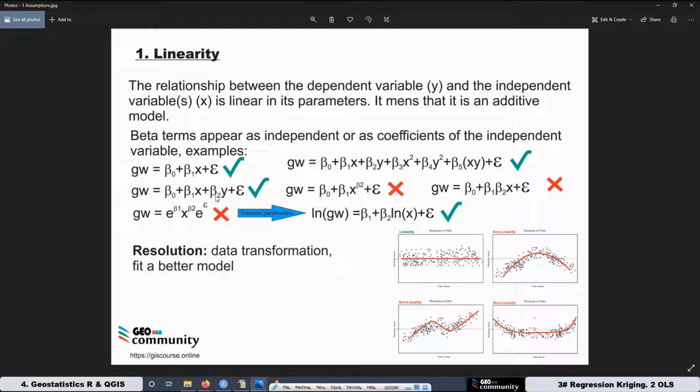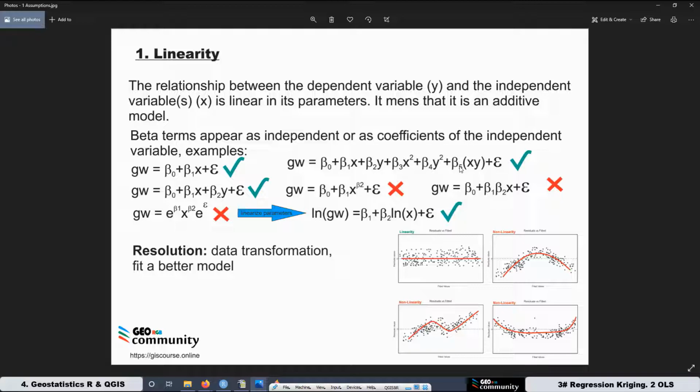And again, the model is additive. This example is for a second order trend surface, and again it is an additive model. And also we can see the beta terms, they are independent as the beta sub 0, and also a coefficient of the variable, in this case for beta sub 1, beta sub 2, beta sub 3, beta sub 4, and